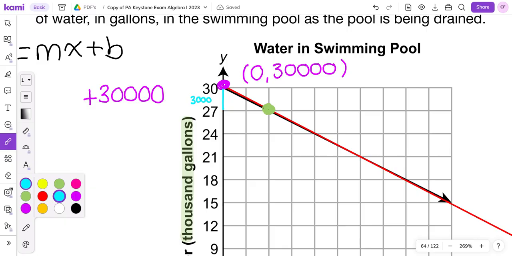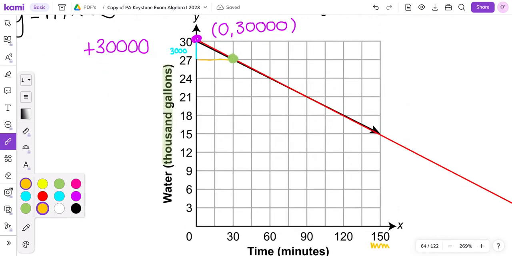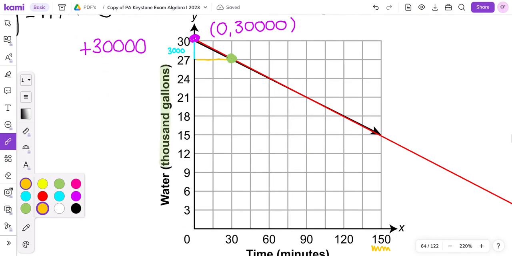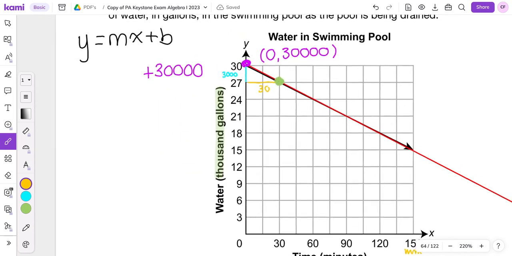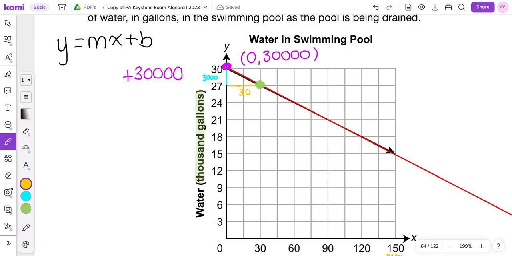And then it is going to the right by, let's see here, from 0 to 30, just 30. So my slope here, it's going down, which means that would be negative 3,000, rise over run, over the 30,